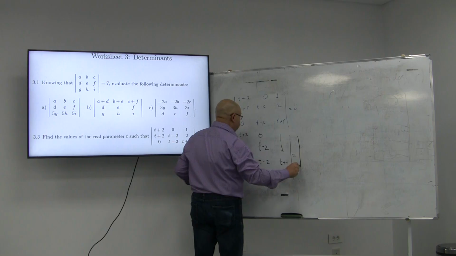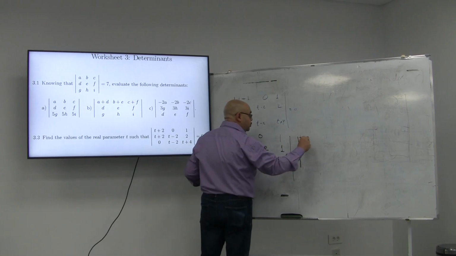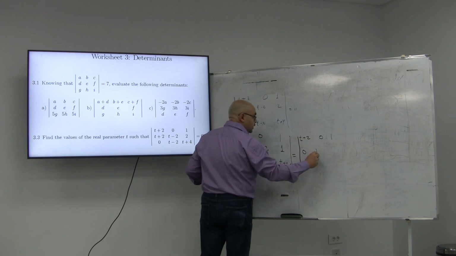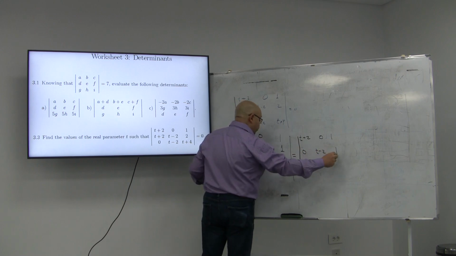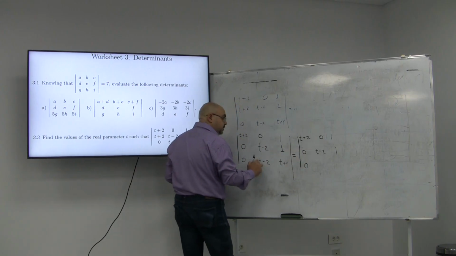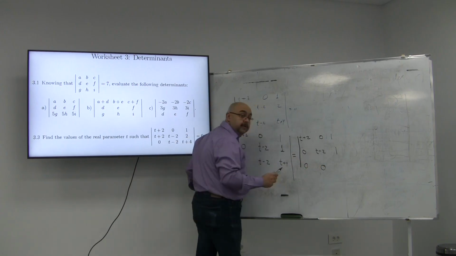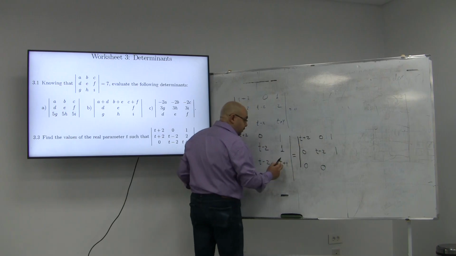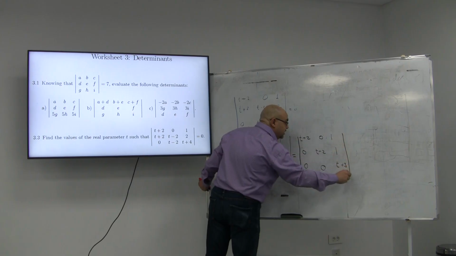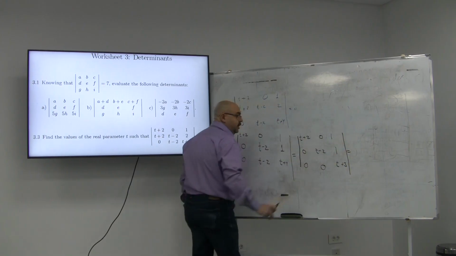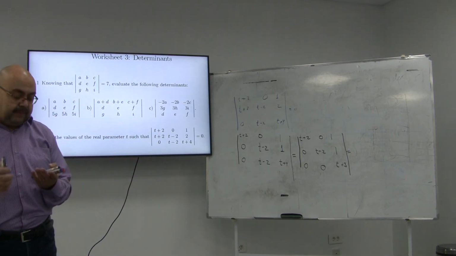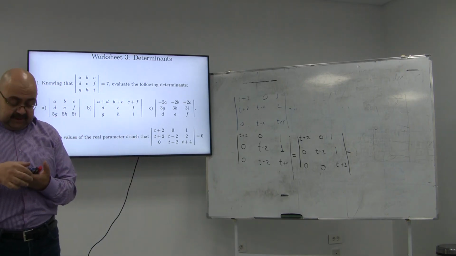Say it, remember. You will find here t plus 2, 0 and 1, then this gives you 0, this is t minus 2, this is 1, then the last one is going to be 0, negative t minus 2 plus t minus 2, so the result will be 0, negative times 1 negative 1 plus t plus 4, so the result will be t plus 3. What's the advantage of having a lower triangular determinant such as this one? The great advantage of